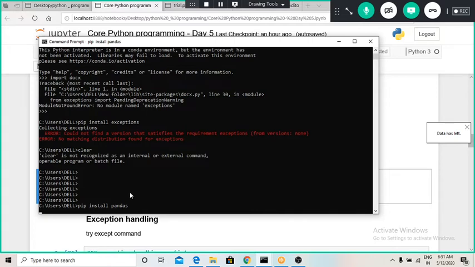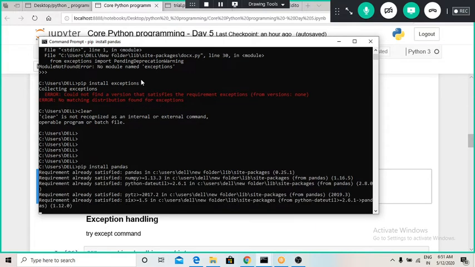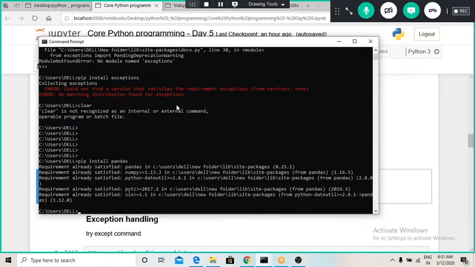Here you can also see I was trying previously to install this exceptions library, but I was not able to install it because there was some version error. There can be version errors in Python while installing a library.